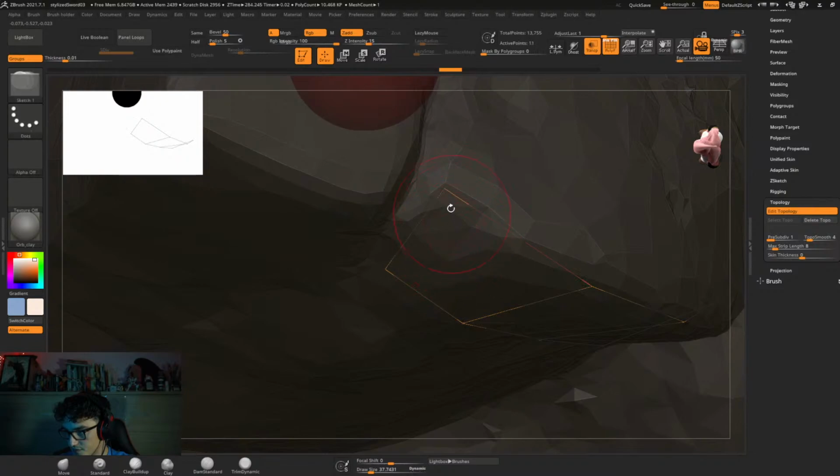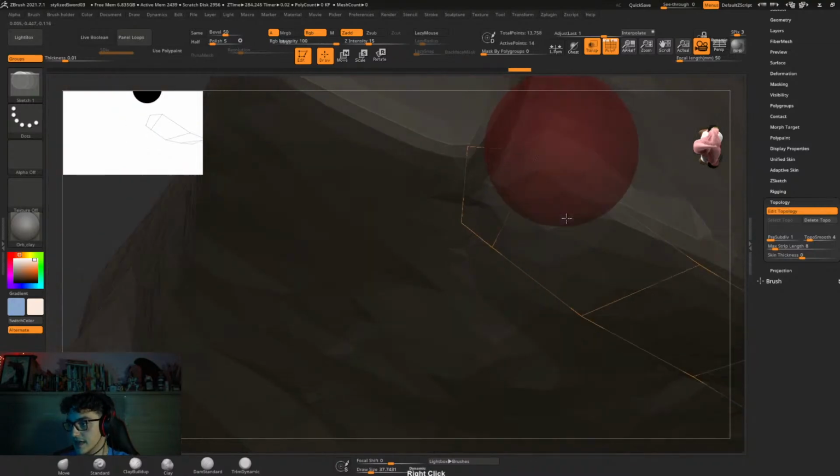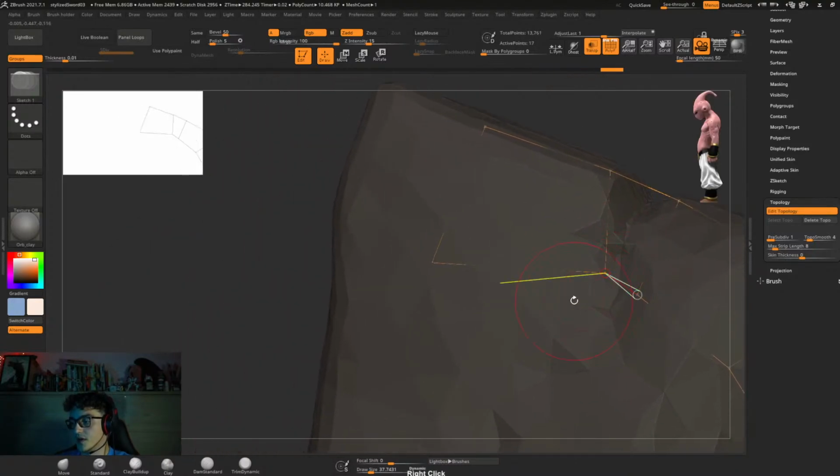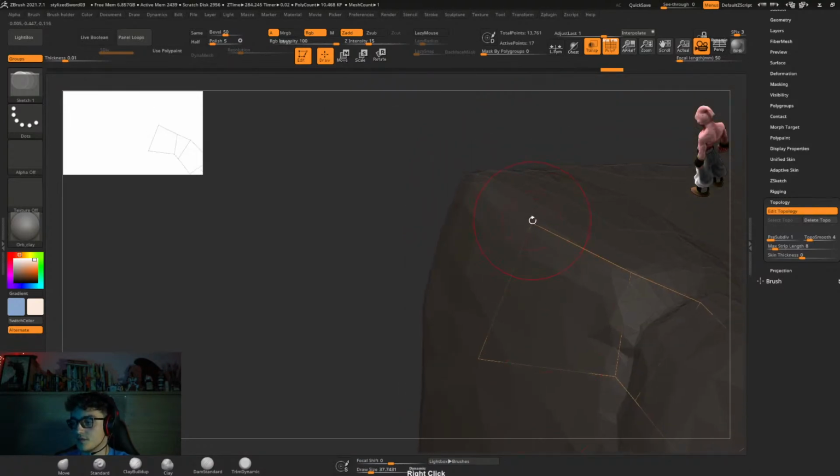There's something going on there. Yeah. So if I click there, let me just make this like that, and eventually I can project details right there. So this is a polygon by polygon method, sort of like the ZModeler topology, but